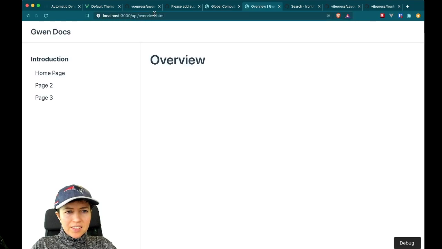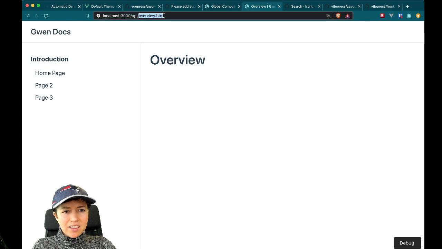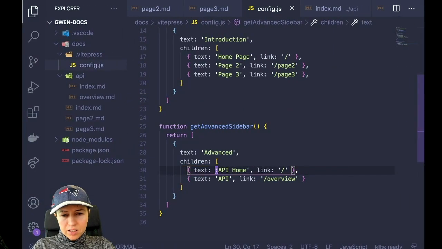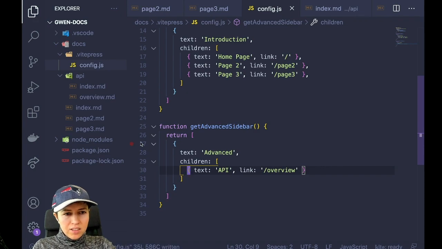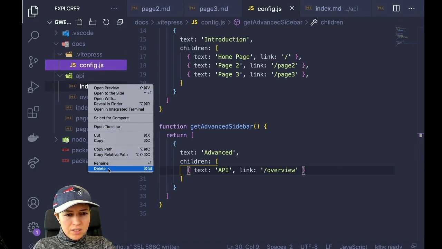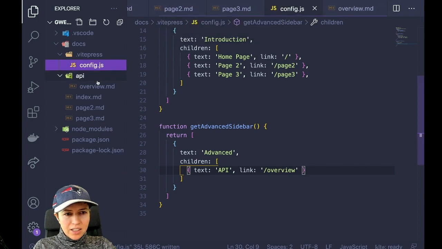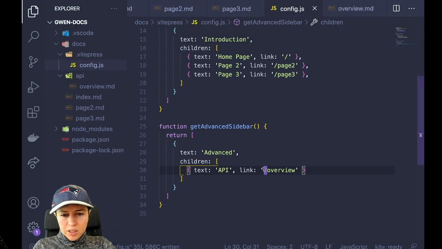API/overview. Okay, it does see that file. So it's seeing the overview file, but it's not putting it down here. Let me get rid of this. And this file. Okay, so I can navigate via this, but I wonder if